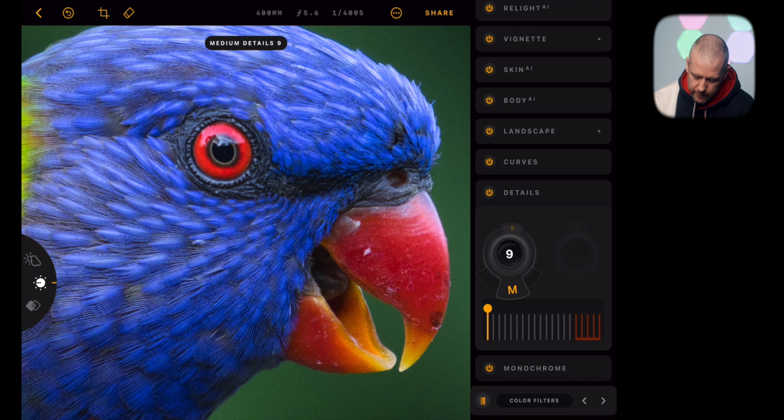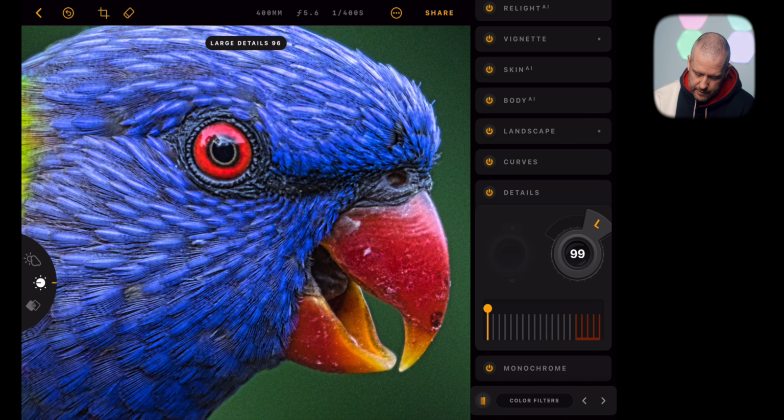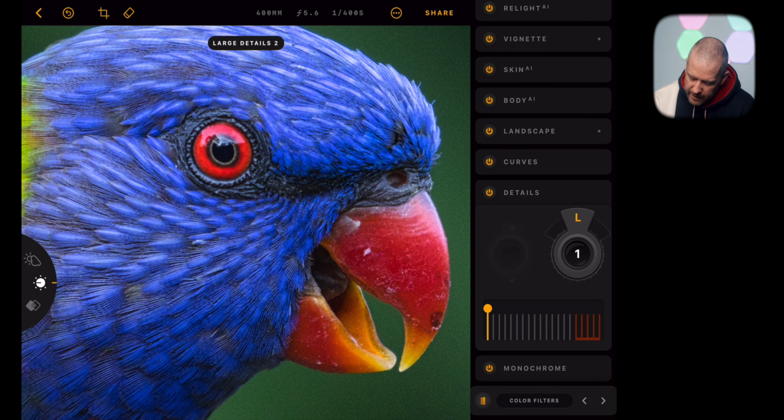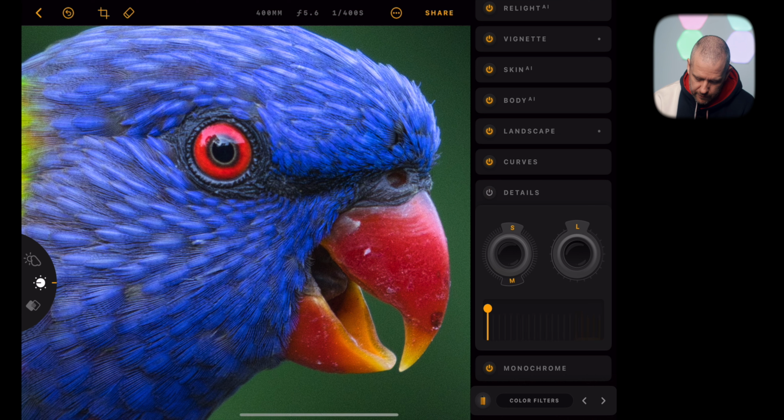I'm going to do the same for the medium details. So before and then after, and then these are the large. Let's push it all the way to 100. That is too much. We just maybe add how much? Maybe another 5 points. So let's have a look before, after, and then with the sharpness slider, let's just punch